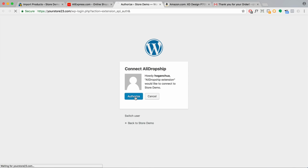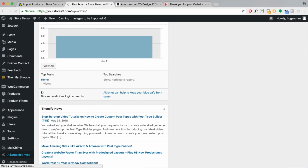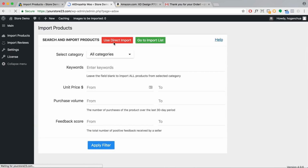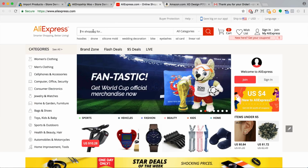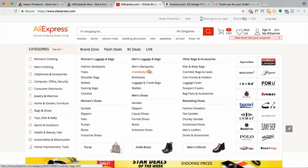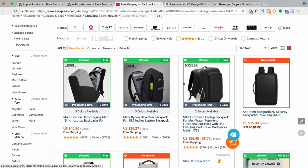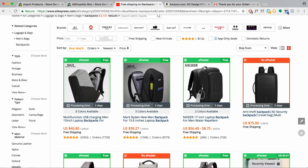Okay, authorize that, and let's go back here and try again. So go to AliDropship Woo, and let's go find a bag. So we're gonna search for bags here, women's luggage bags, men's backpacks. When you're looking for products, make sure you actually have the AliDropship Woo plugin for Chrome installed,